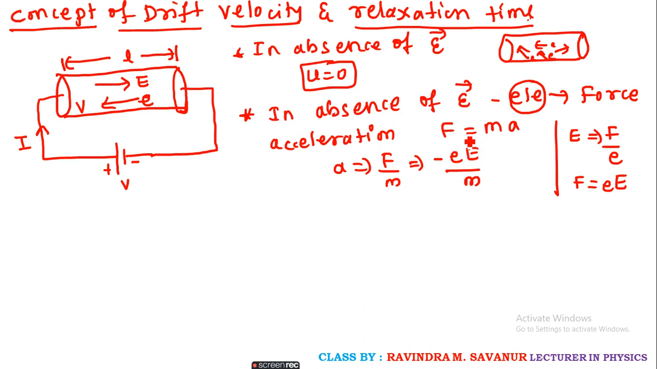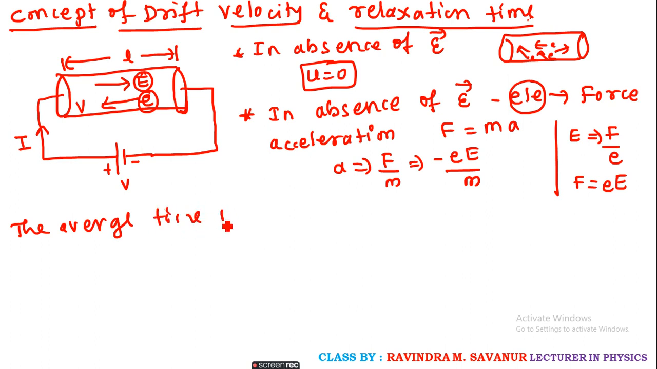Why is the negative sign taken? Because look here, this electric field and this electron are moving in opposite directions. That's why this negative sign comes. Now you got acceleration equals minus e capital E upon m. Now during the collision, a number of electrons collide, so one word comes,